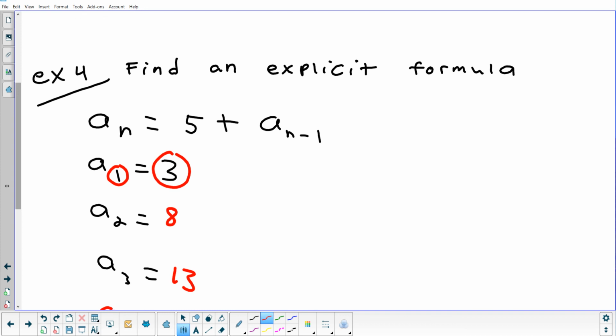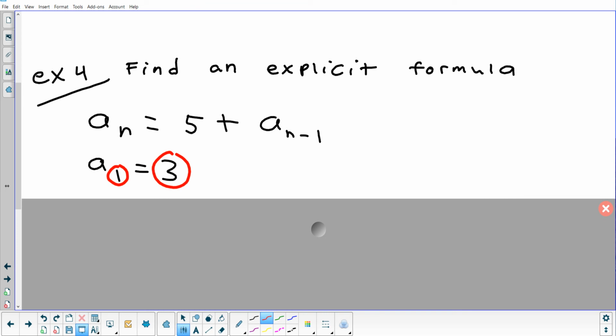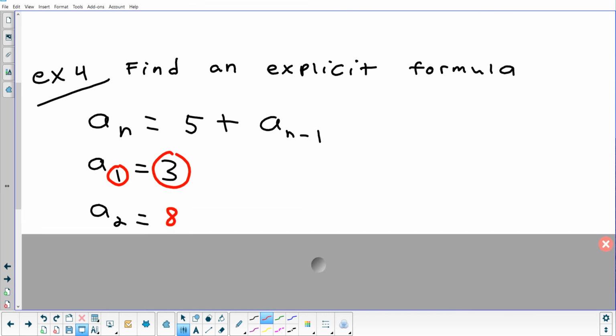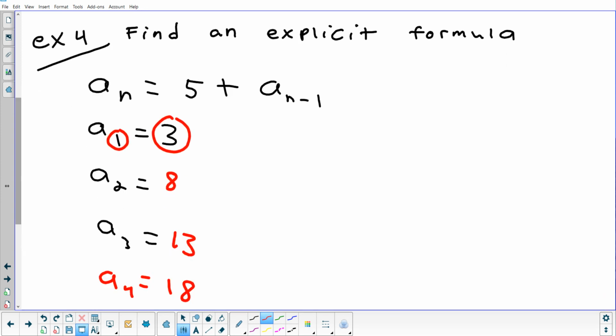So the idea is, can you do something to the position number to get the term number? And when I look at this, I might say, okay, I can take the position number and triple it. Let's try it on the next one. Take the position number and triple it. That gives me 6. So tripling the position number doesn't work. A lot of times the pattern has to do with multiply by this and then add or subtract this, if it's one of the simplest types.